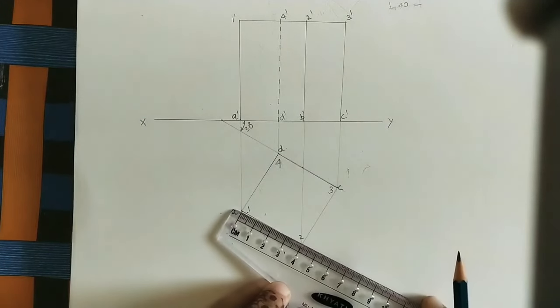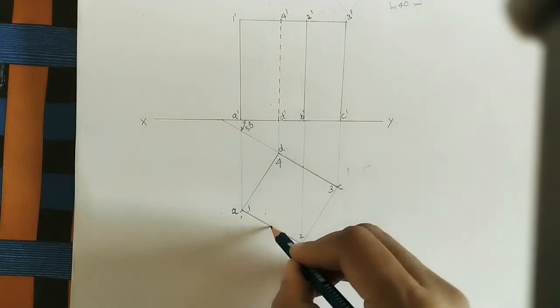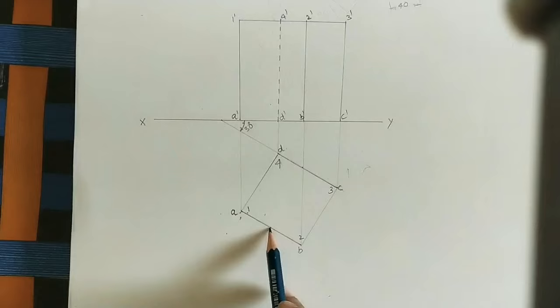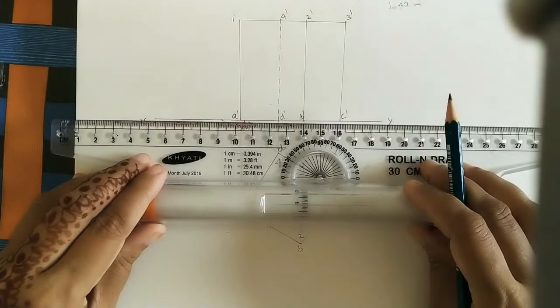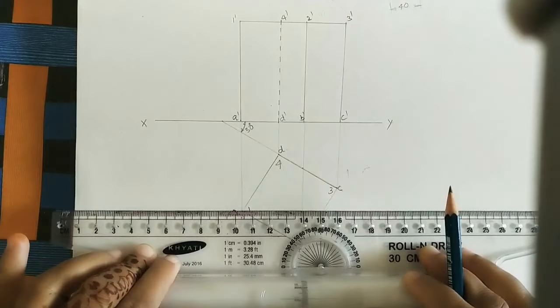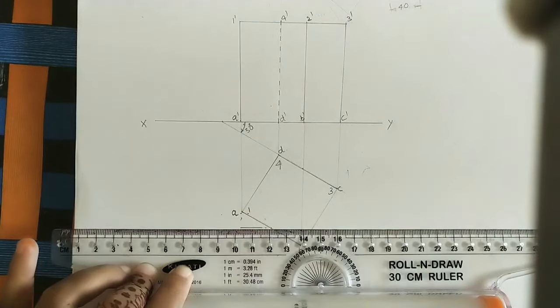So as we know, this is 4. Middle point means 2. So the cutting plane is passing through this point. Okay, and it is parallel to the vertical plane. So take this as the reference line. So at this point do the cutting plane. As you know, cutting plane is 2 big lines with a dot